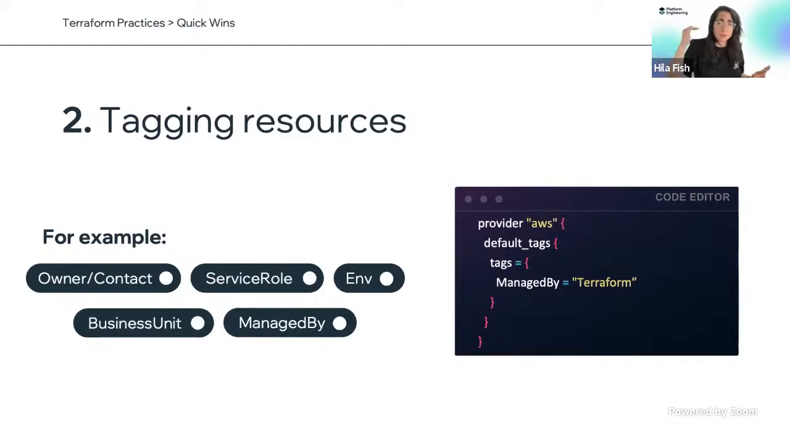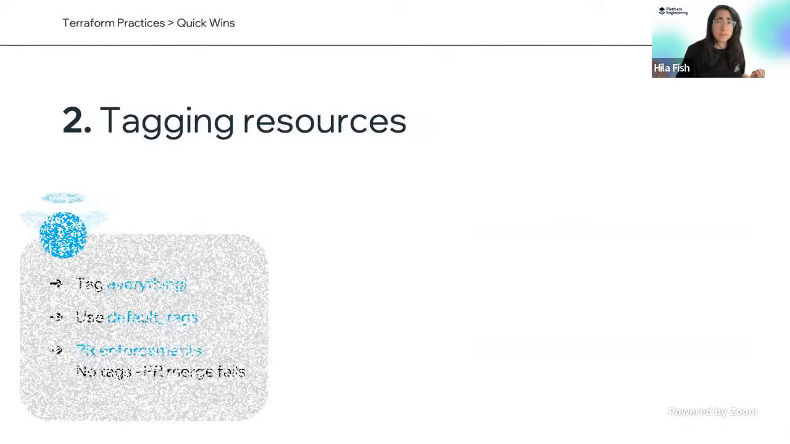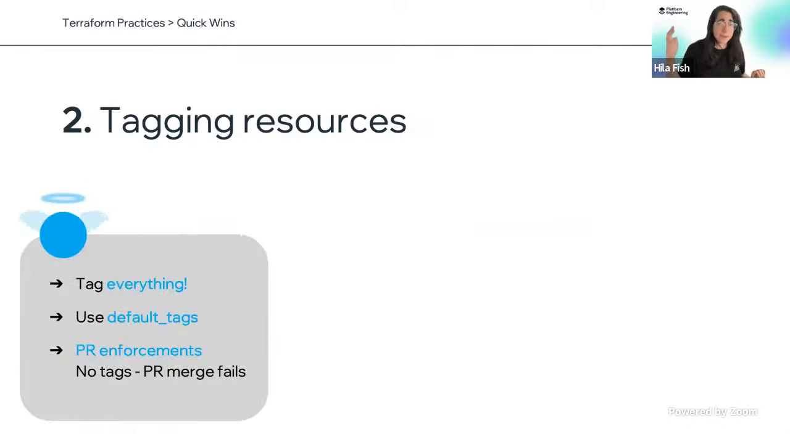And that way you just set it and forget about it. It will be populated and propagated for any resource that you create in Terraform on AWS specifically, and that's basically it. So the good thing is to tag everything, really. It will be the best thing. You should use default tags, as I just explained, because that way you will reduce code repetition